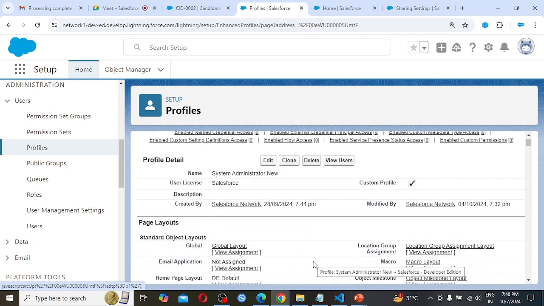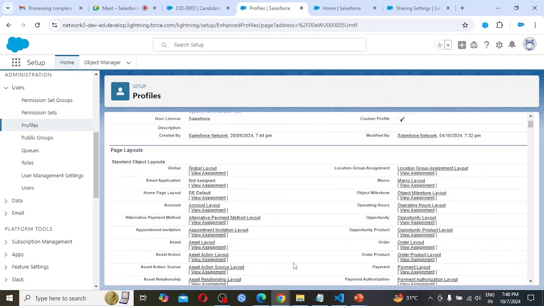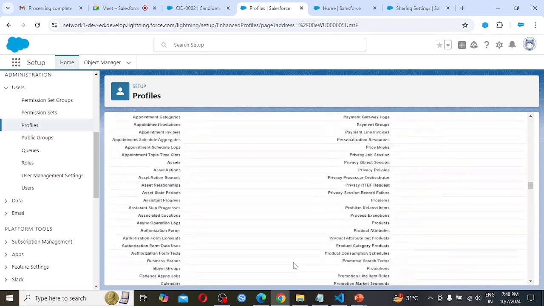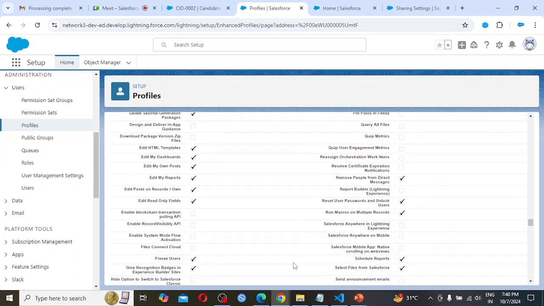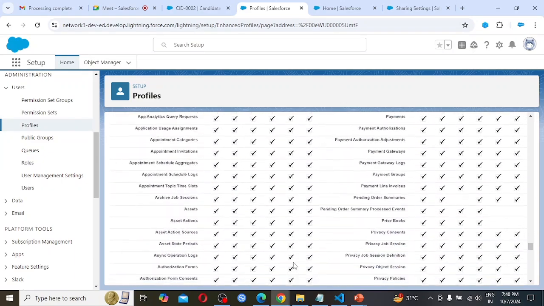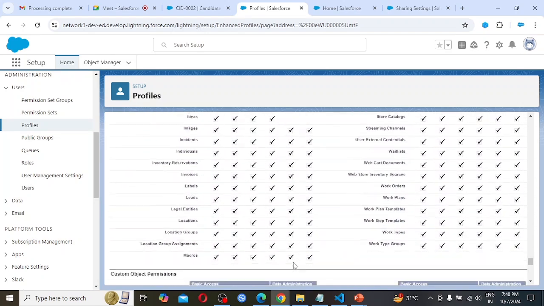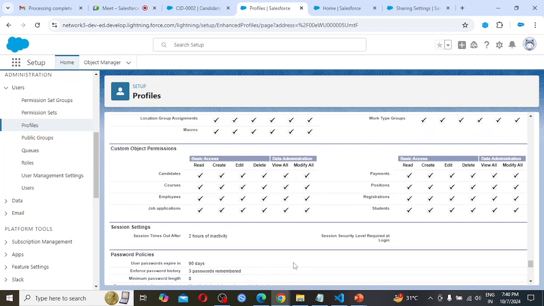We just need to look into the candidate object, so scroll down. If view all and modify all is checked, in that case user A is able to see that record. In the candidate object, view all and modify all is already checked.